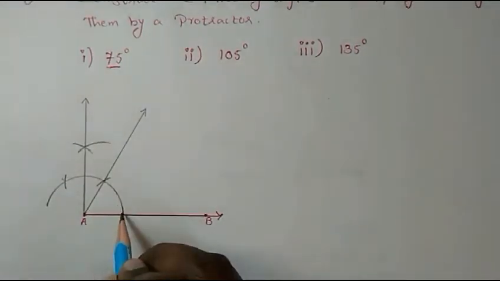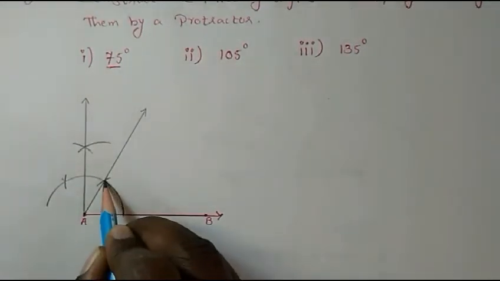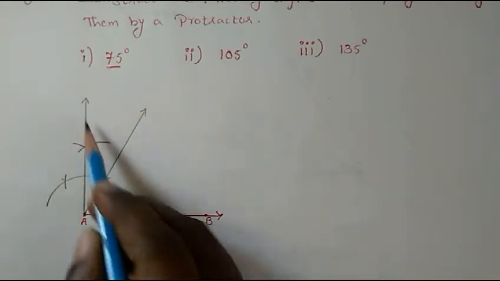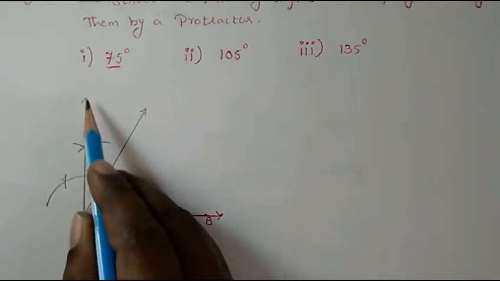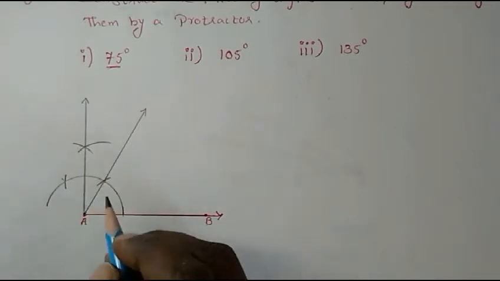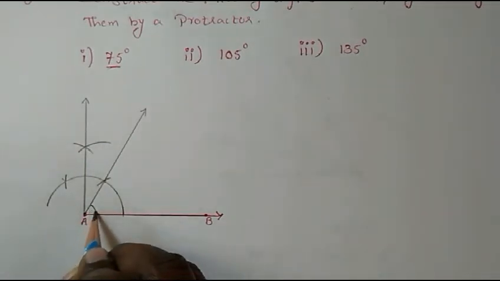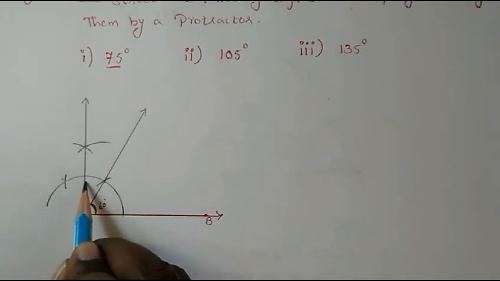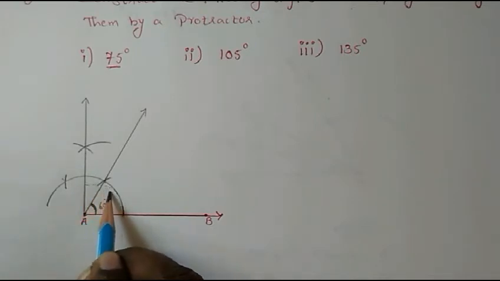Now from here to here, this whole thing is 60 because the first cut what we give is 60. Then this perpendicular line we have drawn, so this whole thing is 90. So let me show you. This much is 60. This much is 60 degree. Then this whole thing is 90 degree from here to here.